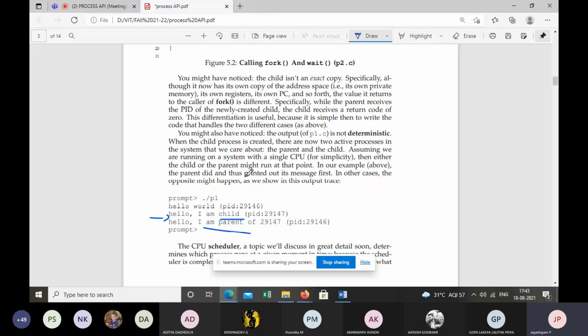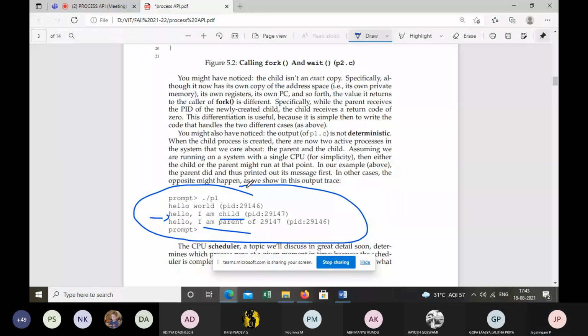Can you see the difference? What is the difference? Here the child process is first executing, and then the parent is continuing. Then the parent process. Good.